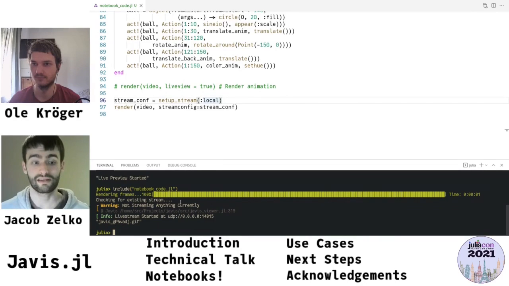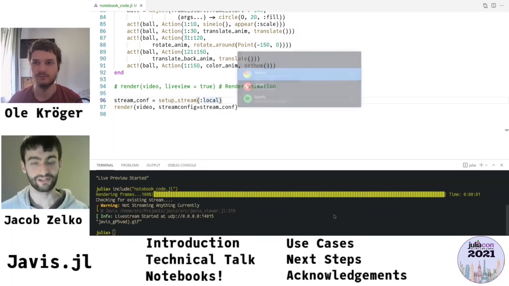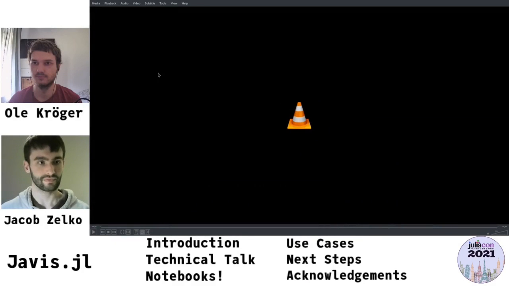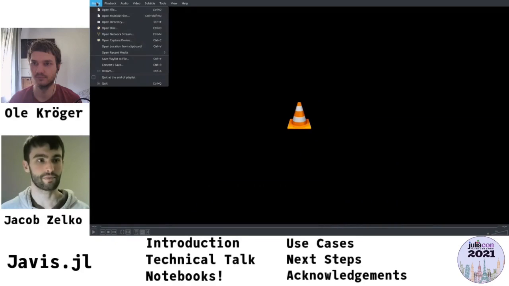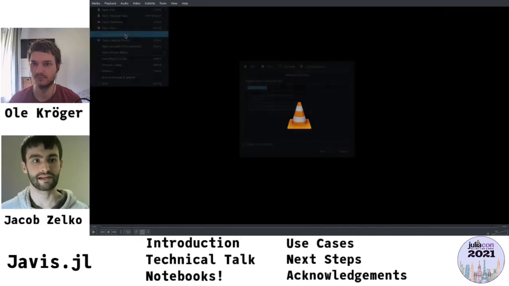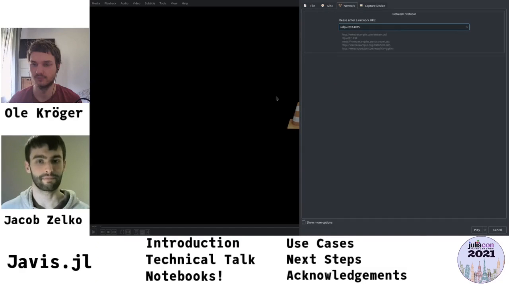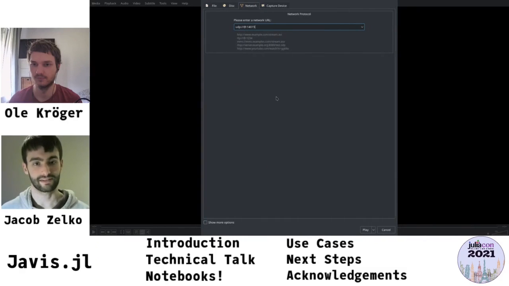No streaming, we're not streaming anything currently, and now a live stream has been started. Now to show you how this works, I'm going to open up the VLC media player. Once this is open, I'm going to go to media and click open network stream. Here, I'll type in the port that you saw pop up from VS Code. Once we do that, we can click play,